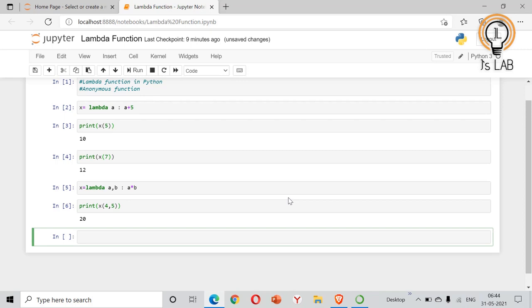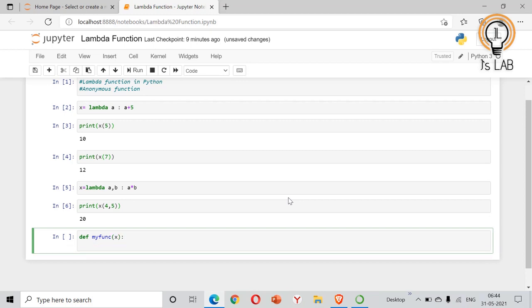Another aspect of the lambda function is that it can be used inside another function, since lambda is an anonymous function. We'll do one example. We'll create a function called my function of variable x.